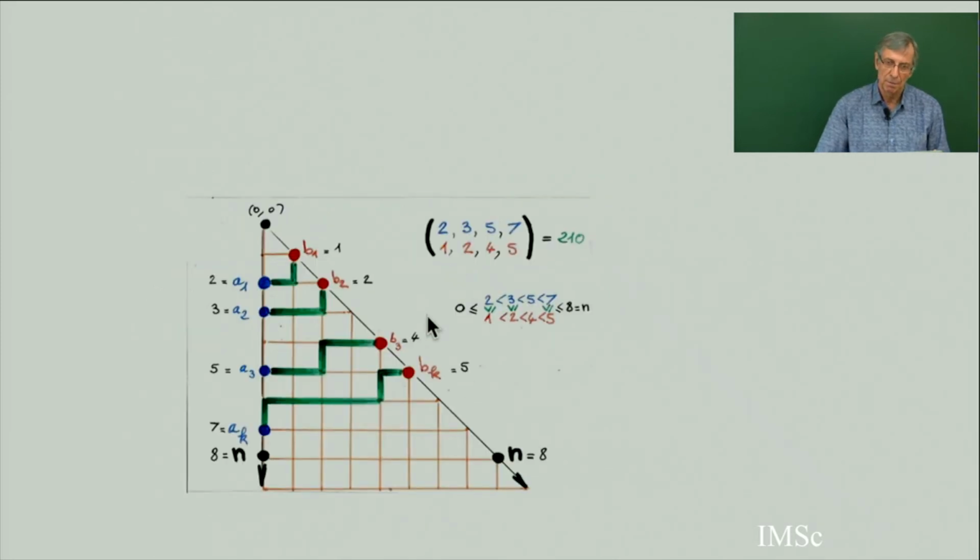So this is an example of such a binomial determinant here. It is the number of such configurations, which is 210. This gives you a proof that it's positive. It's not obvious. If you take the extended Pascal triangle, its minors are positive numbers.